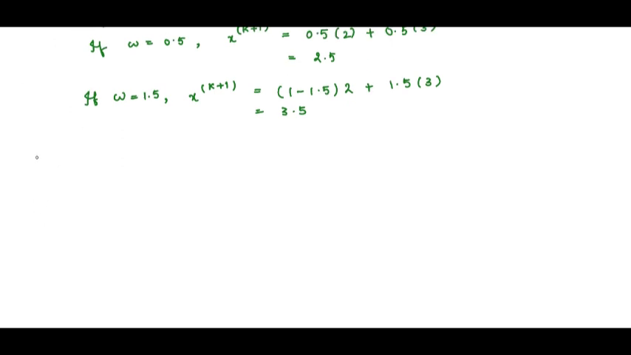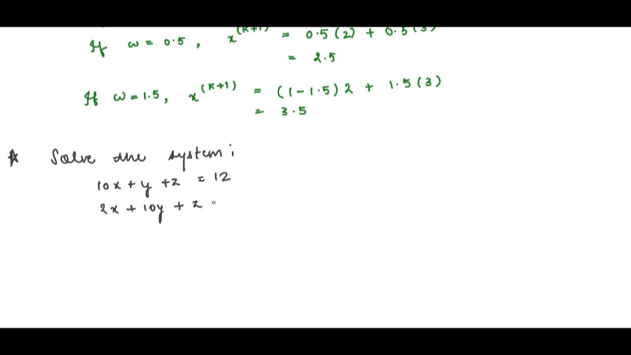criteria is satisfied. Now just solve the system 10x plus y plus z equals 12, 2x plus 10y plus z equals 13, and 2x plus 2y plus 10z equals 14 using the SOR method with omega given as 1.1 and the initial approximation x0, y0, z0 as 0, and obtain the solution correct up